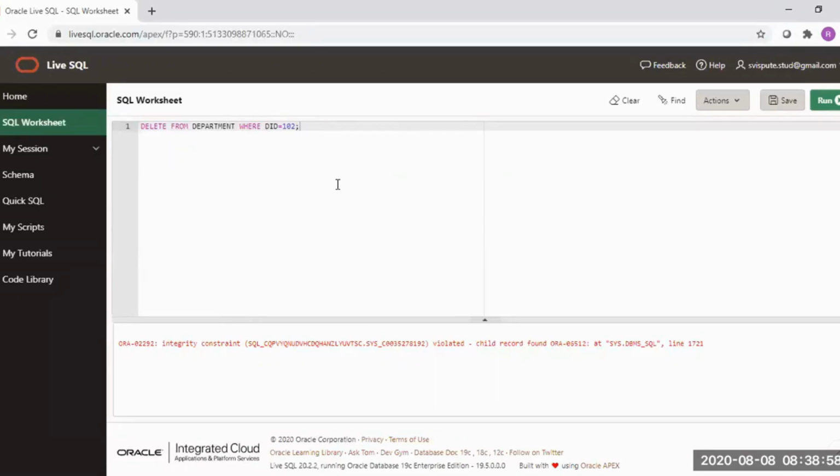And similarly, if you use the foreign key constraint syntax with on delete set null, then it will set the null value in the employee table. If you delete the department from the department table, then it will set null where the department ID in the employee table is 102. So these are the 2 variations of the foreign key constraint. I hope you are clear with